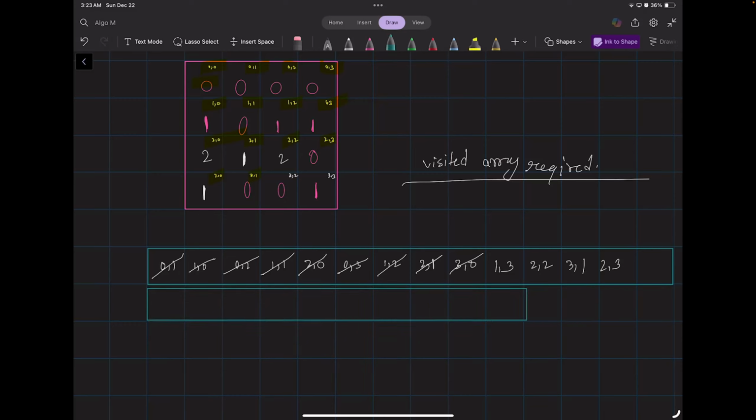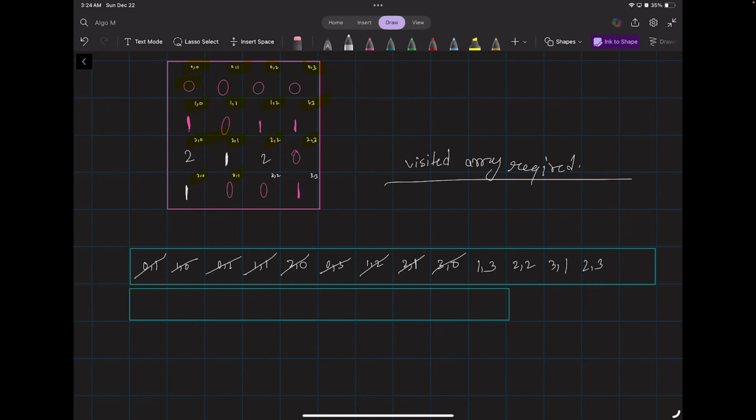Now we have this 1,3, and we have pushed 2,3, and as per the conditions we cannot do anything. 0 we will not update, and if we are greater than 1 we will just go back to 1, and we have 0, we are not going to do anything. If our neighbor is not visited, we will increment it. If it is visited, we will not touch it, like that. So now we will go to 1,3 and we'll pop it,